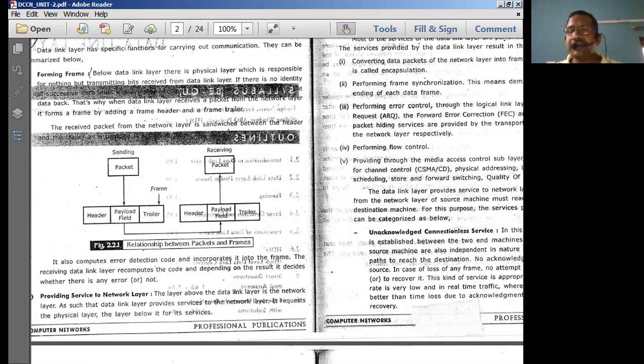When you say bit streams, you are talking about the data concerning the physical layer, right? These are the terms you have to be careful with when you write in the examination. You should not merge one name with another name. You have to use the names appropriately in the exam, so that the examiner understands the context you are talking about.